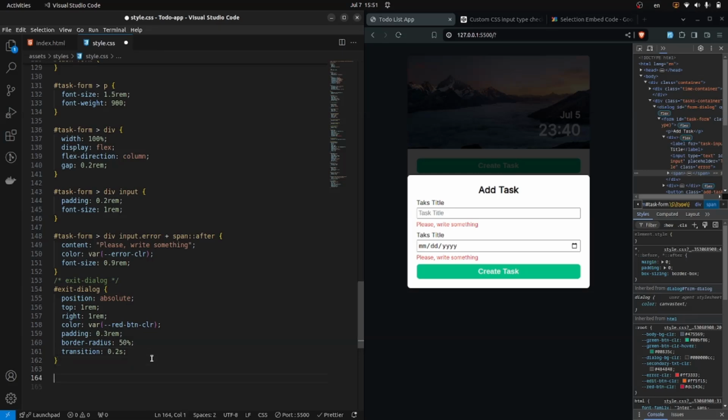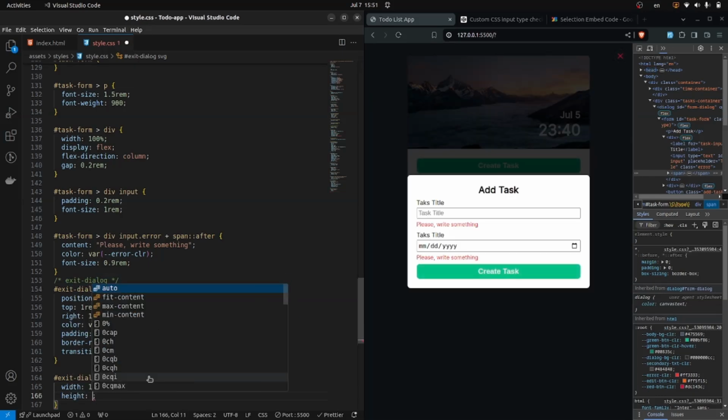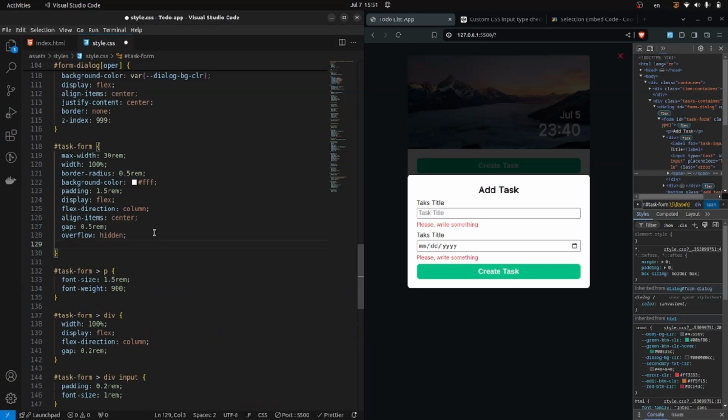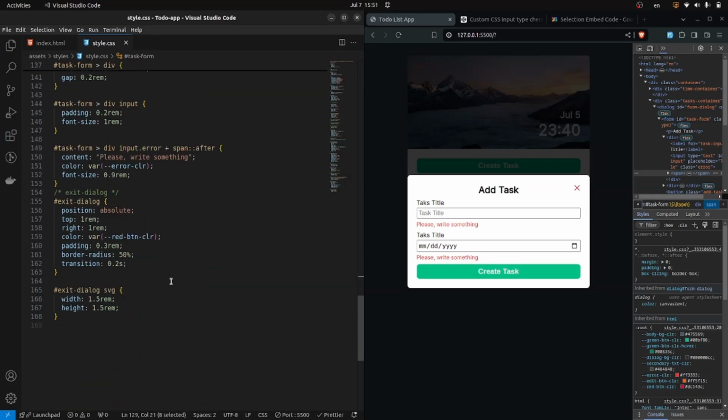Okay. After that, as you can see, it doesn't show up, we cannot see it right now, but it's because SVG does not have width and height. When I add width, let's say, 1.5 rem, and height also 1.5 rem, as you can see, it does show up right here. To fix it, we are going to add position relative to our task form, and as you can see, it is fixed. Let's add the hover effect, and transition to 0.2 seconds, and it's going to be background,